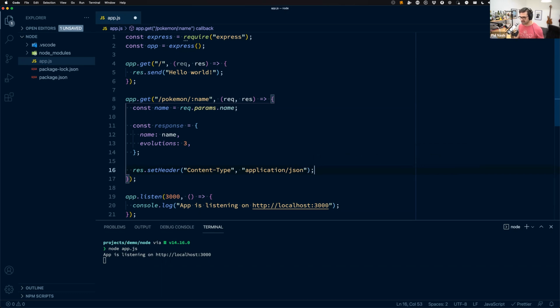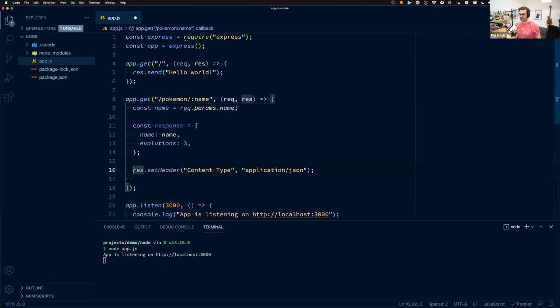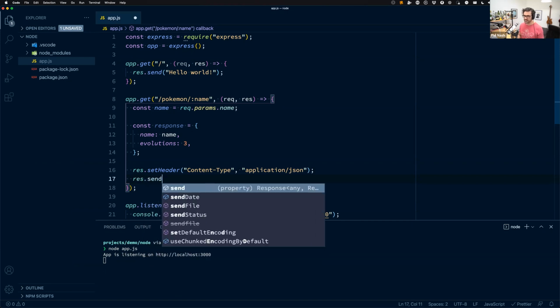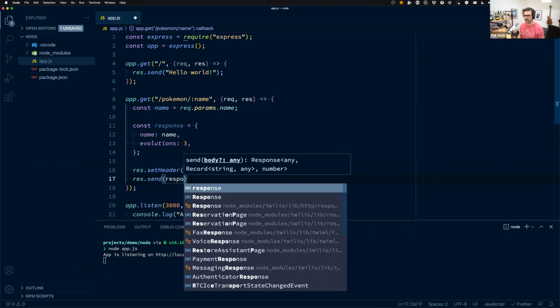This is sort of known as a MIME type, and you can find them for anything. So application/json is JSON. If you wanted to return XML, you can return application/xml. You can also return text/xml, but they're basically the same thing. So we're saying that this response is going to be JSON, and then we want to send the response, and